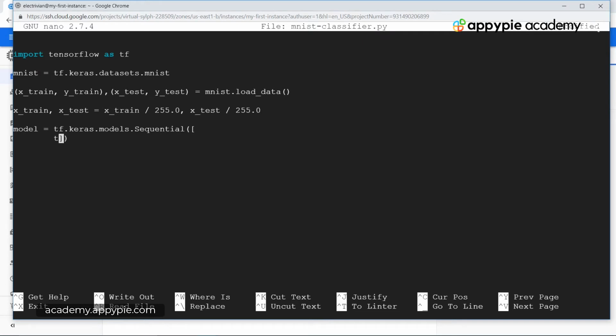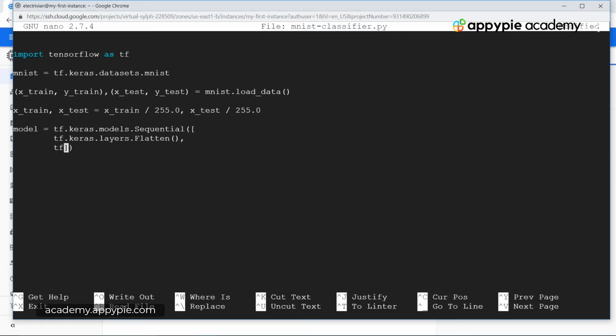So we have tf.keras.layers.Flatten. With this we have flattened the input layer. I will be explaining each one of these commands in good detail later on. First of all, we have flattened the layer, and now we are creating the neural network which will have various activations.